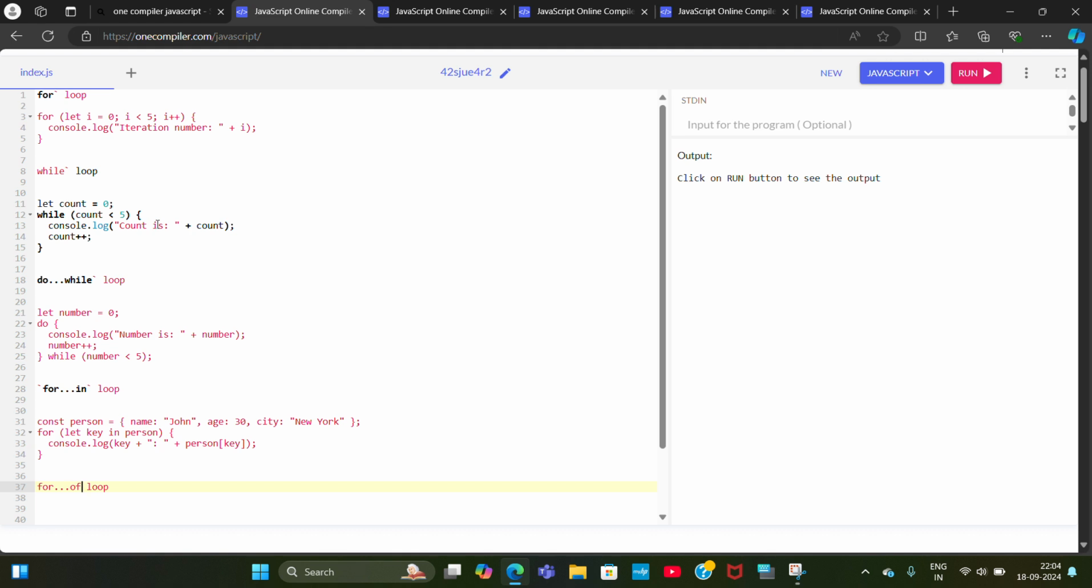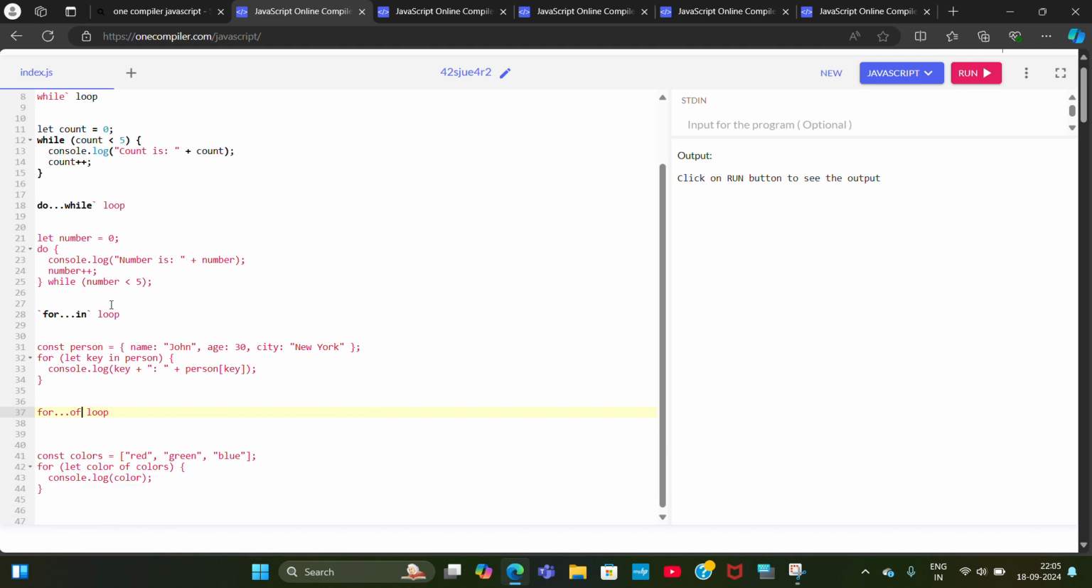And while loop executes as long as the condition remains true, same as in C and other languages. And do while loop executes at least once, even if the condition is initially false. And for in loop,